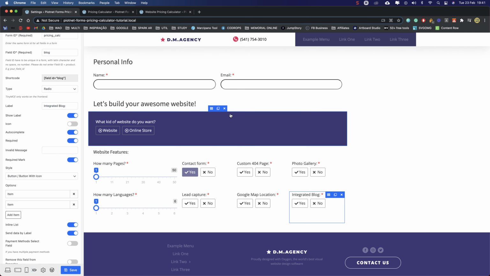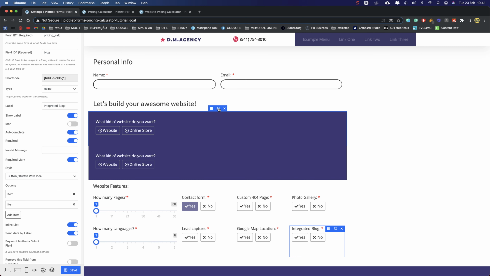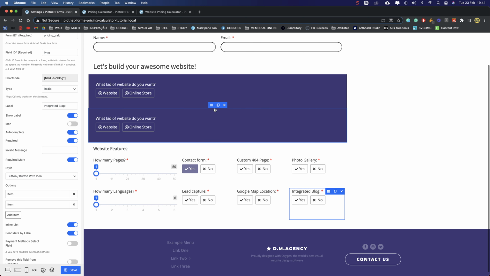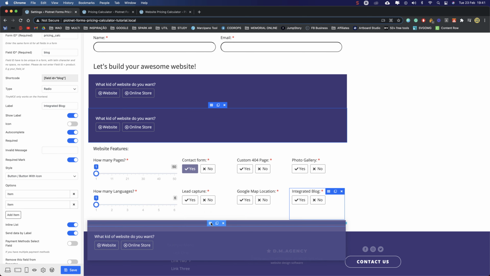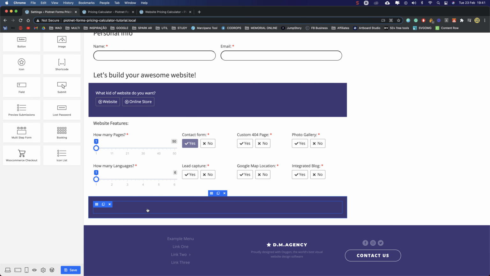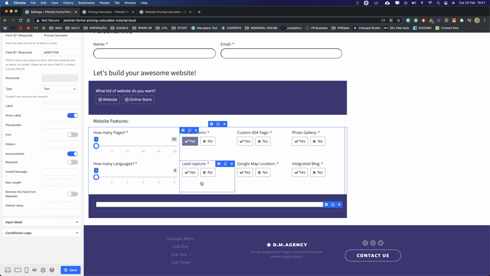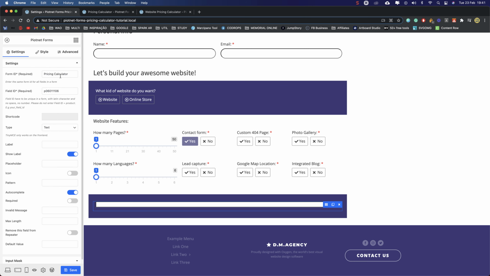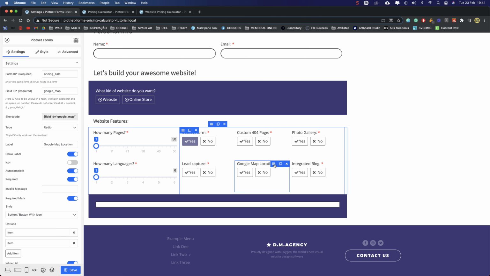Now let's duplicate this. This section is where we're going to put our calculated fields, our total. Let's grab a field over here. Let's copy the form ID.